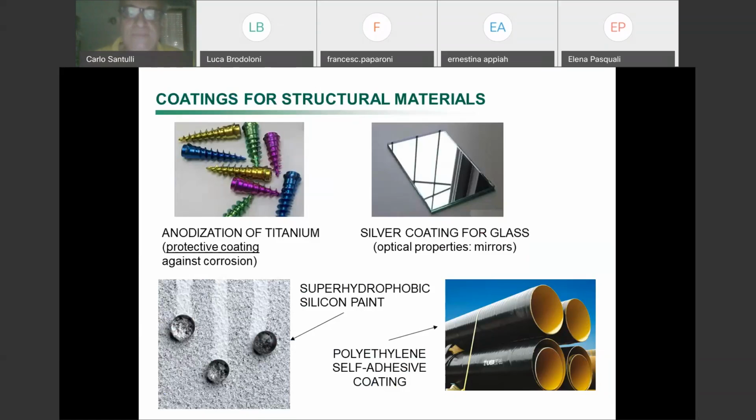Metals tend to corrode, and the problem is that the corrosion takes place because the oxide layer on metals, like it is the case for iron and steel also in some cases, tends to be detached, therefore exposing further parts of the metal to corrosion. The parts below are exposed to corrosion, and in the end, corrosion gives you the idea that the material is consumed in the end and tends to be destroyed by itself.